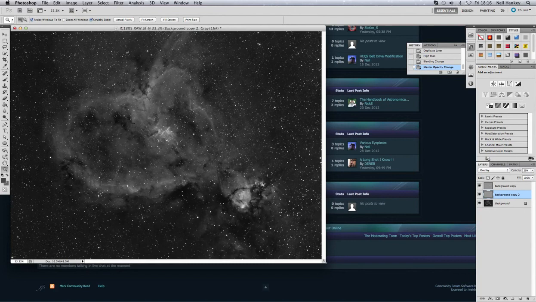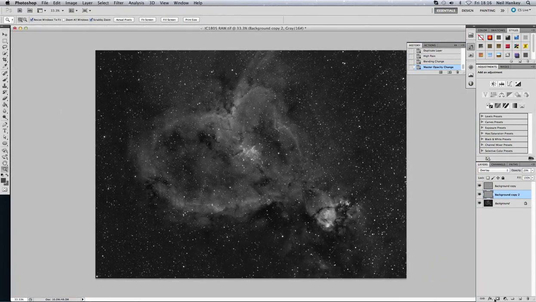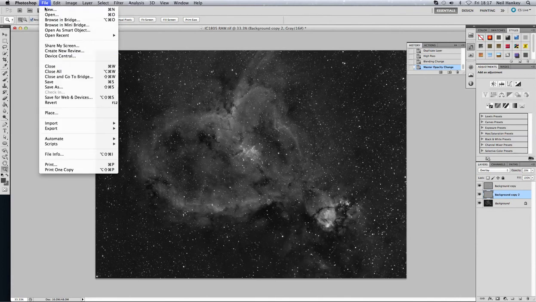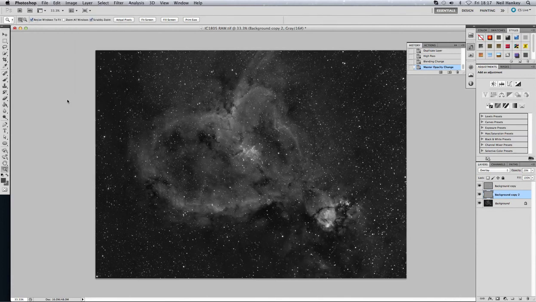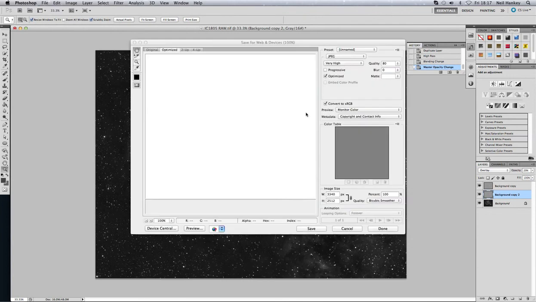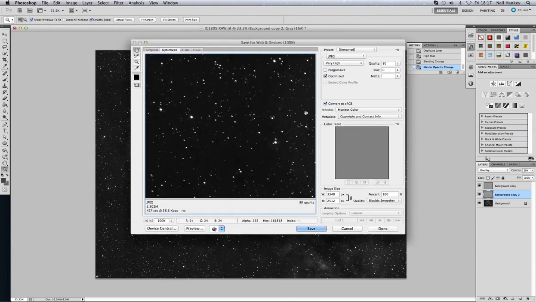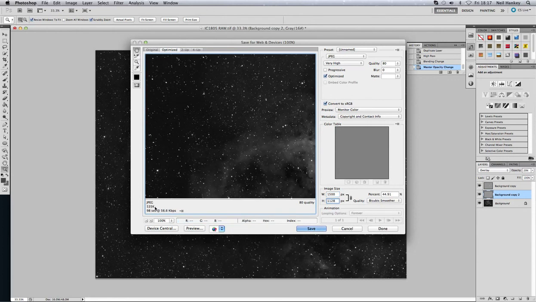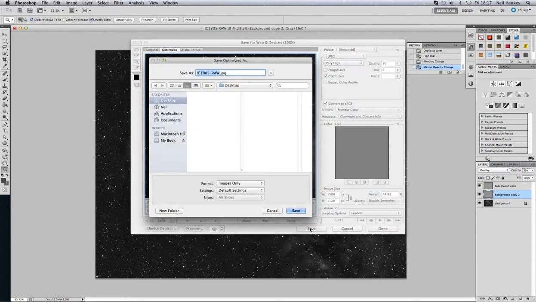Now before we leave, let's save this for posting on our website, on our forum. For that I use the web save tool. So open Save for Web and Devices. Of course it's always bigger than it can handle, but trust me, just say yes, it can handle it. I always normally set my quality at 80%. Here now I'll bring the pixel size down to 1500 pixels, and this normally creates an image of just under half a meg,